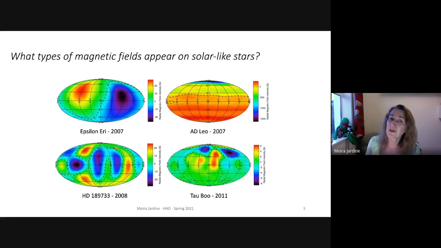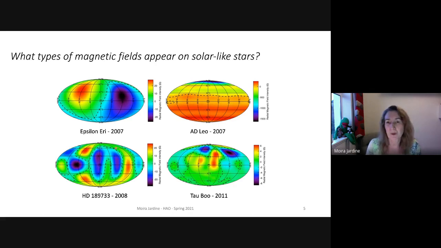The other great puzzle that we're faced with is thinking of what sort of magnetic fields do they have. And I've got 4 examples here of just 4 different stars that I chose. So what you're seeing is the radial component of the magnetic field at the surface, plotted in Gauss. So if you look at the top left, here's Epsilon Eridani, which has got a field that looks rather like